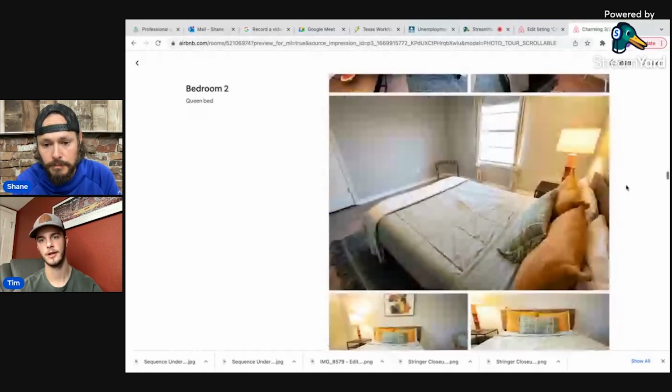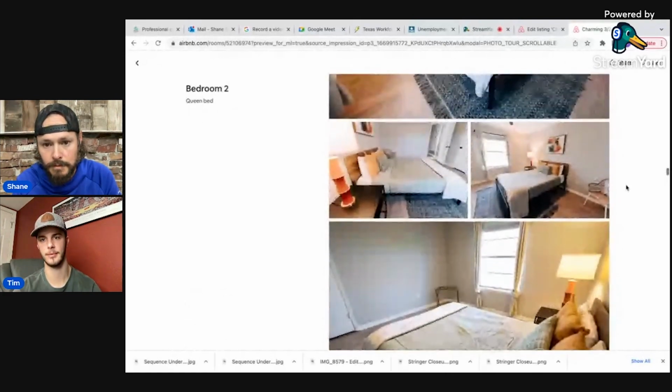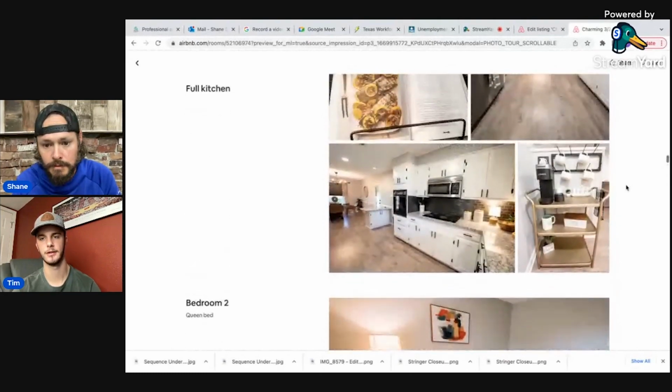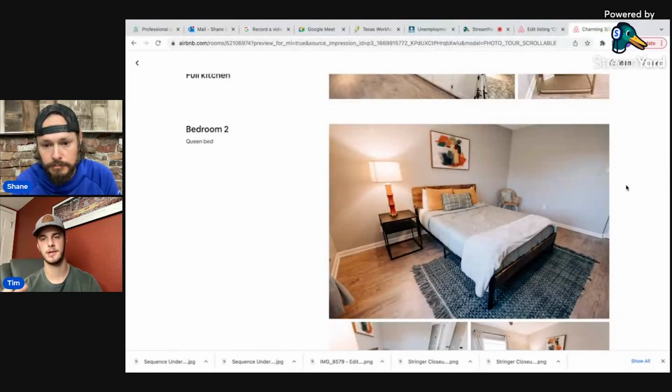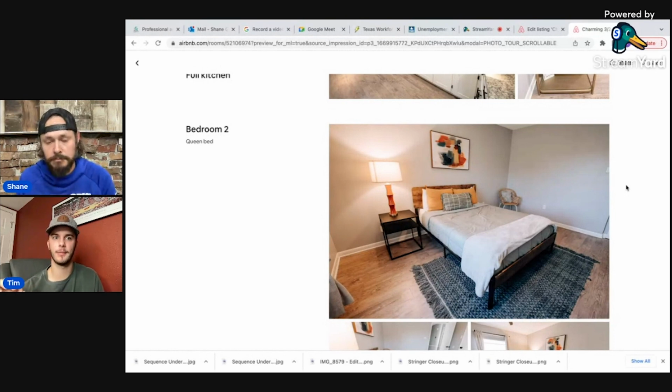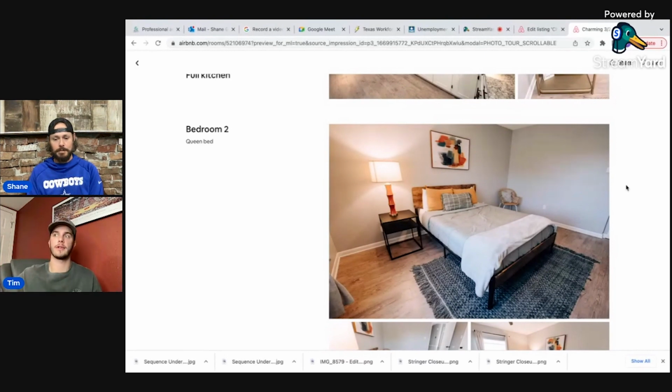Go to that bed shot. It's a really good bed example. Go up one, and that shot. So one thing I teach people in the course, and this is nothing proprietary by any means, is the difference between when I shoot real estate and when I shoot short-term rentals. If I shoot real estate for a real estate agent, it's much different, because people want to see how big the room is when they're buying a home. In the short-term rental world, unless you've got a beast of a room, like a king bed suite, where we really want to show how huge the room is,